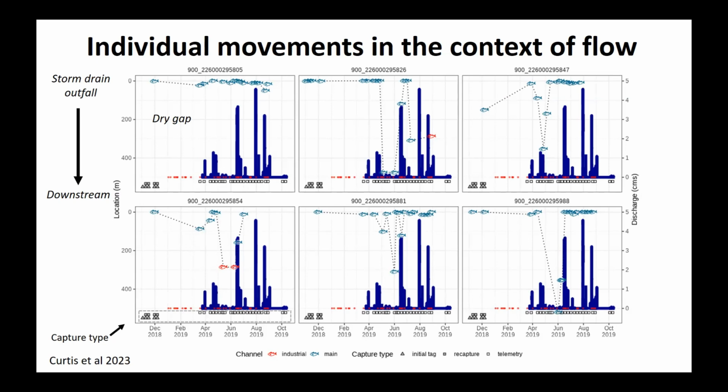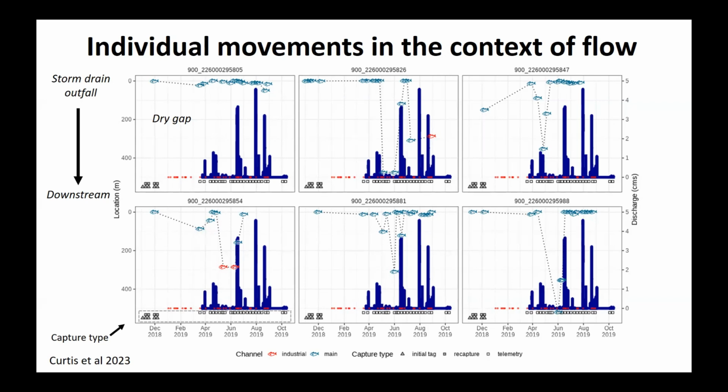And the little blue fish symbols show you the location of a fish from the upstream side at 0 to the downstream side at basically the road crossing at Plainfield Road. What you see on the upper left figure is that fish basically always stayed in the upper pool in the channel. The fish just to the right of that made an exploratory movement all the way to the very bottom of the reach, potentially left the reach entirely, came back, went all the way back up to the top, and